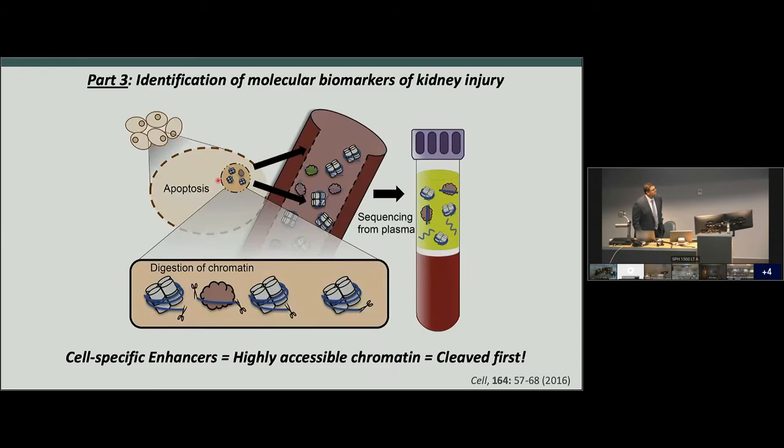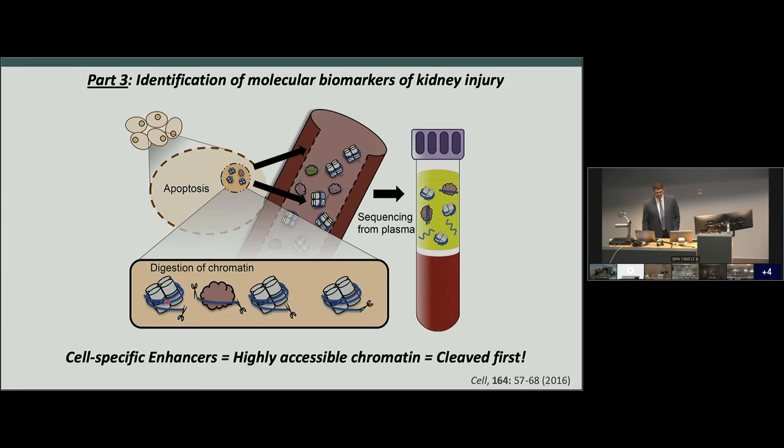So in the last few minutes, I wanted to talk about an ongoing project which is related to using these same epigenomic maps to maybe get some insight into novel biomarkers for kidney injury. And so here I'll introduce the concept of cell-free DNA, which many of you might be aware of. When cells are injured and undergo apoptosis, they activate enzymes to actually cleave their DNA. This results in that DNA laddering, which we've all learned about.